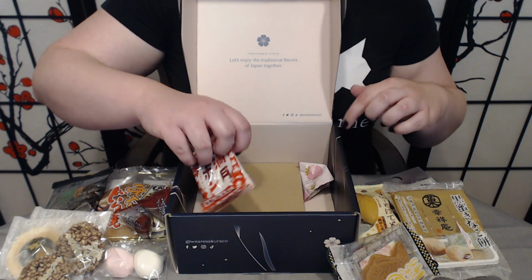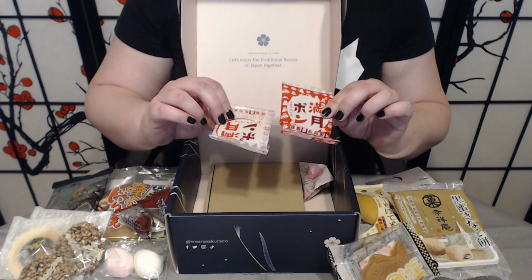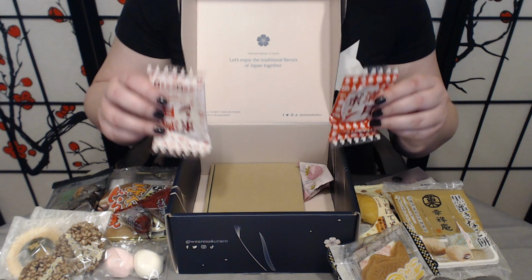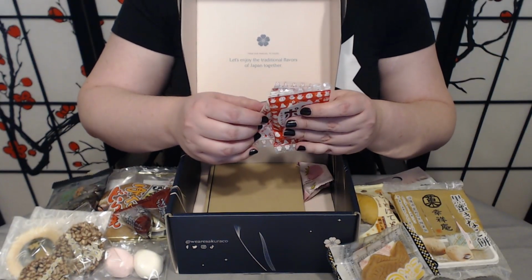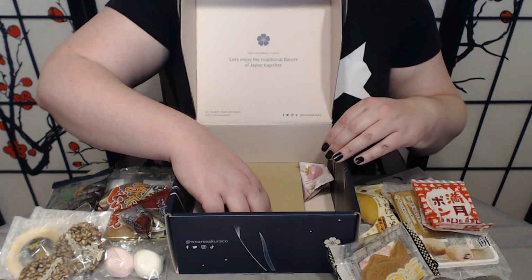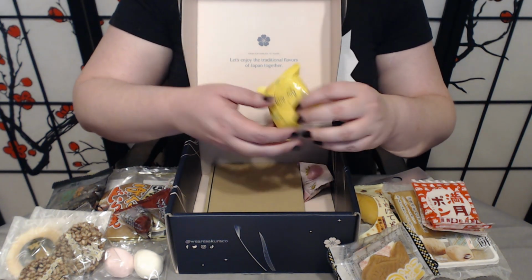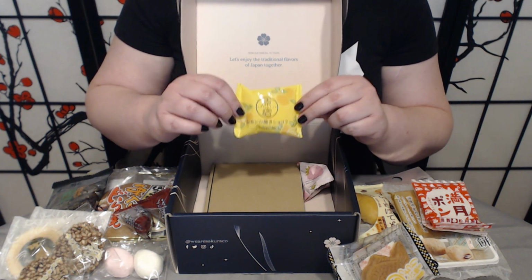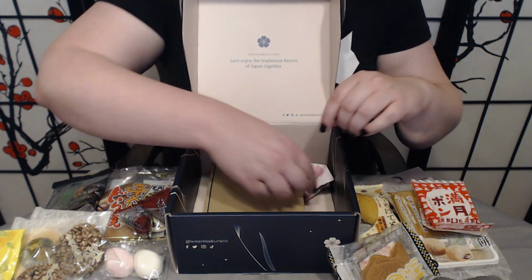Okay. And yes, I will get to that later. So I'm guessing you are probably the same. So this is, they're calling it a pon rice cracker. Interesting. Okay. Oh. So this apparently, it says Harajuku on the front. This is apparently baked chocolate. We're going to give it a shot. And then,